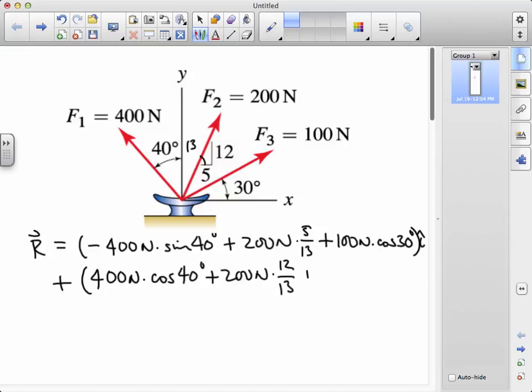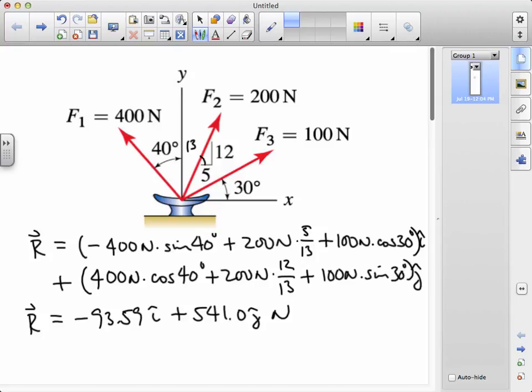And then finally we have 100 newtons times sine of 30 degrees for F3, and all of this is in the j direction. So evaluating those terms, we end up with a result for r which is minus 93.59 i plus 541 j